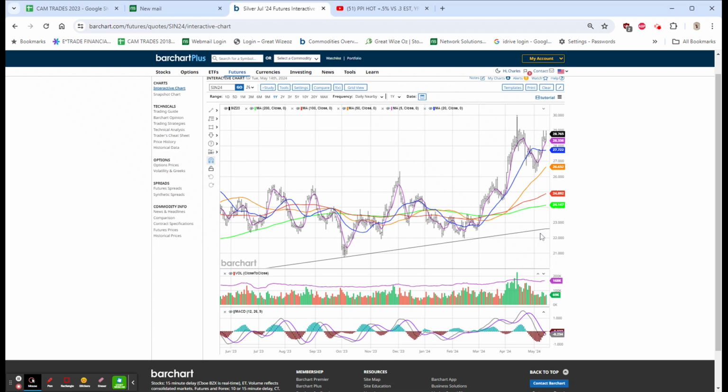And as I said, that equates to about this 27 or a little bit lower, in here, so 27 and change. So we put on a position. It's not a big position. I would add to it if we get a breakout here,